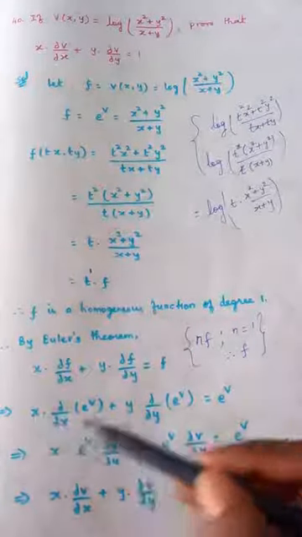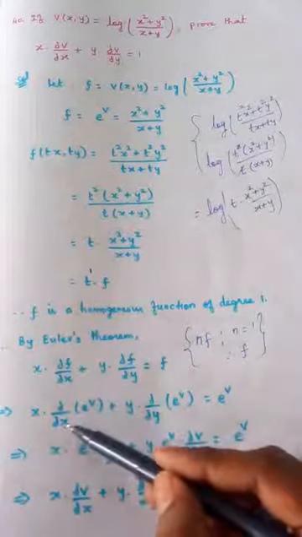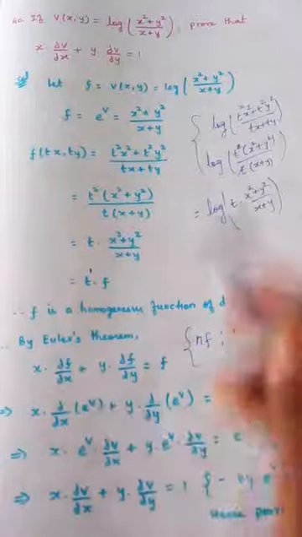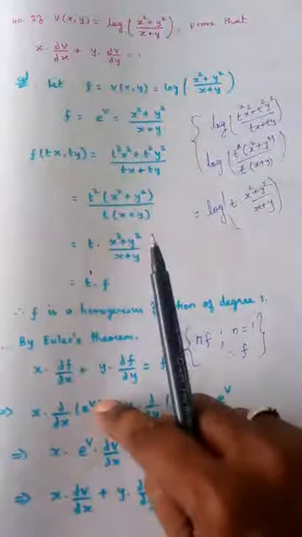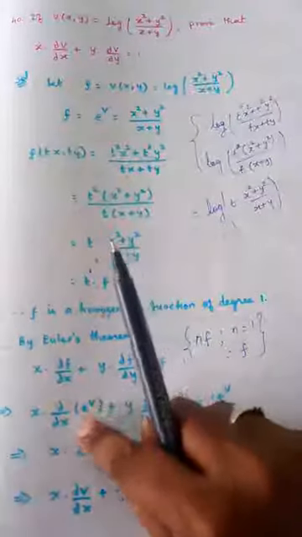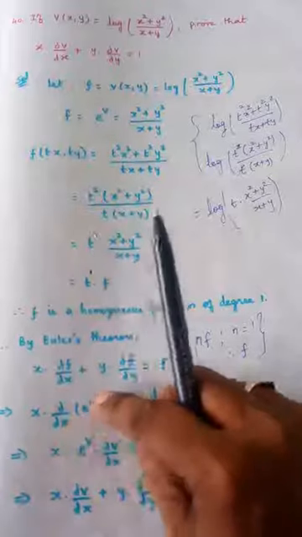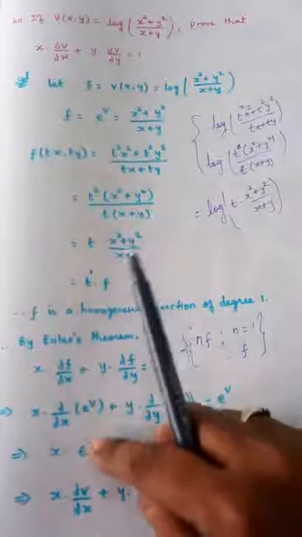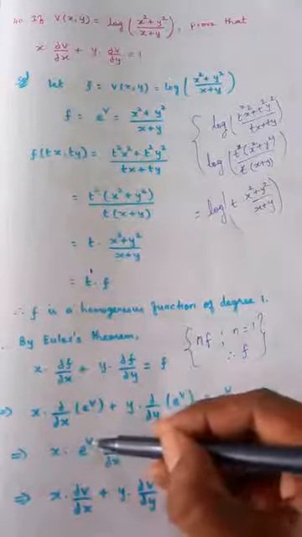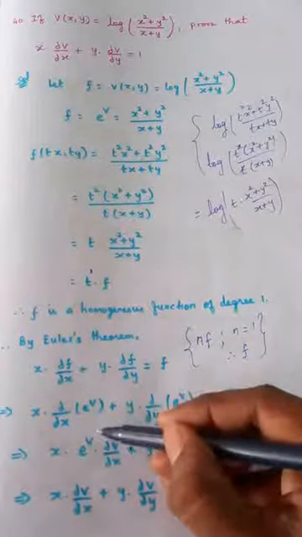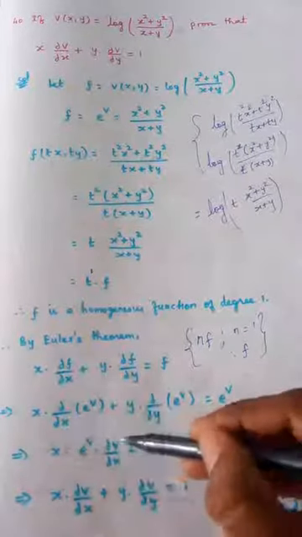Now x into, what is the meaning of this? Differentiation of this with respect to x. What is v? v is a function of x and y, so indirectly x and y are present in v. So we need to differentiate this with respect to x. What is the e power x formula? Same e power v, but v should be differentiated once again with respect to x, because in place of x we are having v. So dou v by dou x.